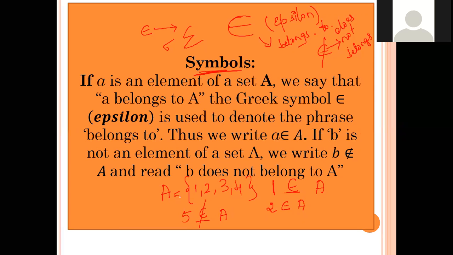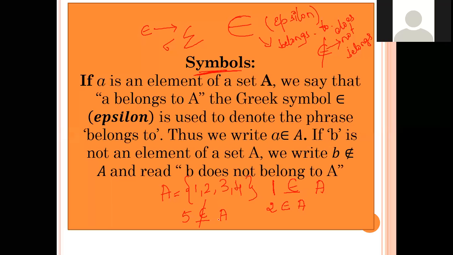Okay. So we represent a set using capital letters. The elements inside it, if you are writing in a word, then you have to write it in a small letter and you have to put a comma. So to distinguish between them, we put a comma so that it is known that they are elements. So suppose if you take a letter and if it is inside A, then you say it belongs to A. If it is not in A, then we say it does not belongs to A.